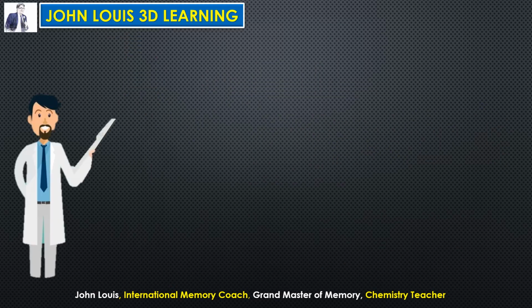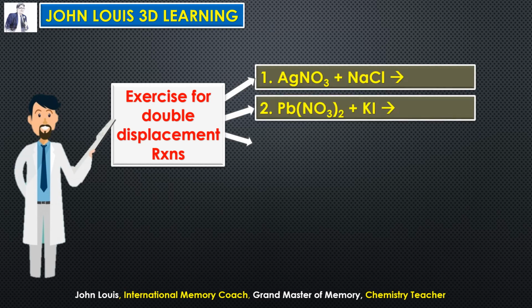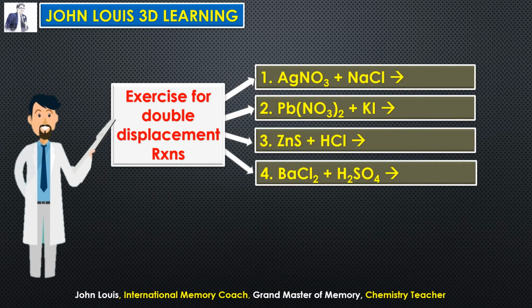So let us do some exercise. So I have given you 4 questions. I give you the clue, but I am not going to give you the answer. So silver nitrate is a compound. Silver is positive, nitrate is negative. Sodium chloride, this is also a compound. Sodium positive, chloride negative. Therefore what will happen? Silver positive will combine with negative chloride, form silver chloride. And sodium positive will combine with the nitrate negative, form sodium nitrate. So silver chloride and sodium nitrate will form. You should know how to get the formula by using the symbols and valency rule, simplify the valencies, exchange the valencies, all those things you have to apply to get the formulas correctly here.